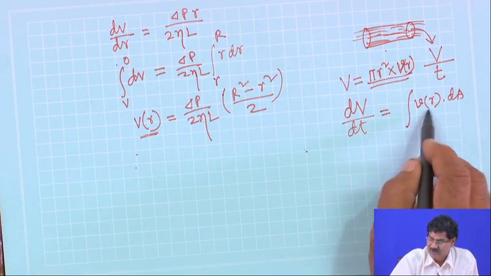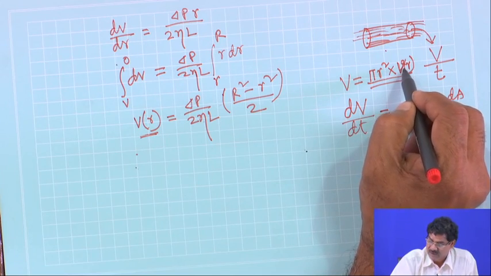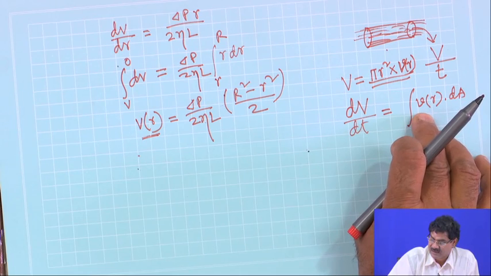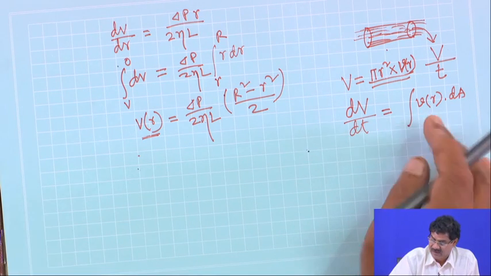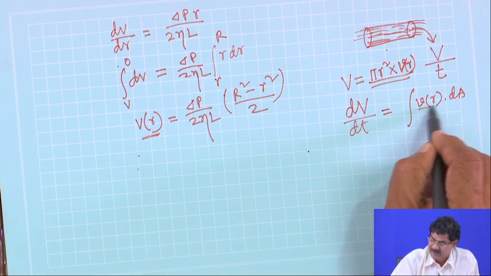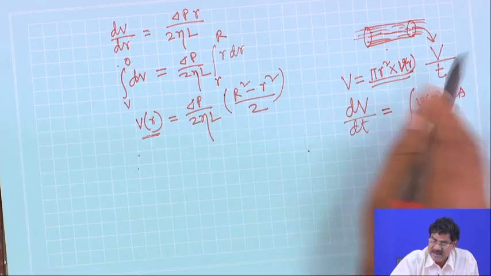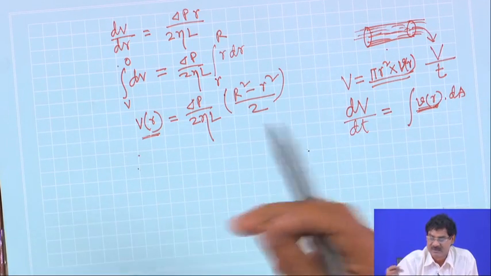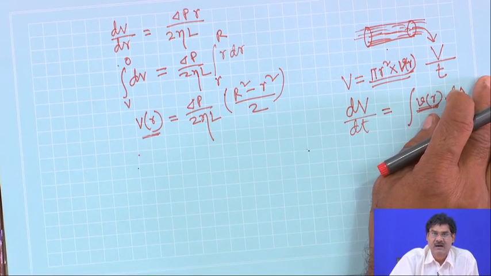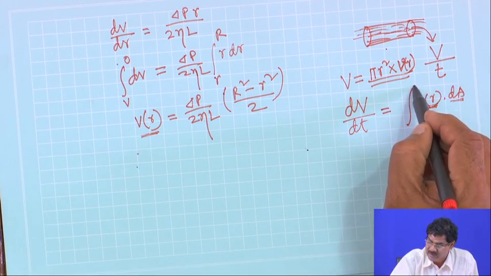So, I have to take it in differential form. Considering the velocity at this point and a small area in this region, that is the water coming out per unit time through this area. Now, I will integrate